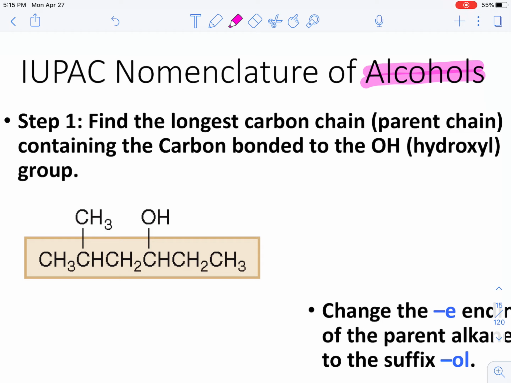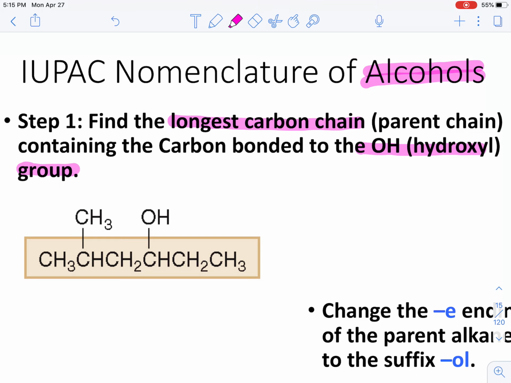When we're naming these organic compounds that contain an alcohol, the very first step is very similar to the first step that we did for naming alkanes, alkenes, alkynes, which is basically finding the longest carbon chain. The only difference in this scenario is that we're going to find the longest carbon chain that contains the hydroxyl